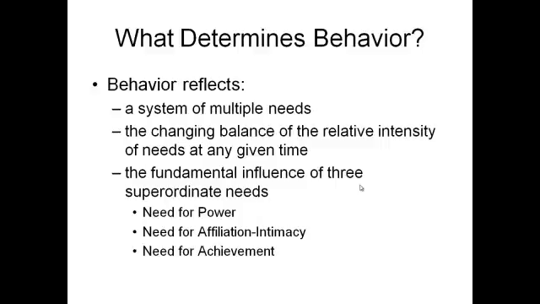So, for example, if your need for achievement may be highest at this moment, it's going to predict your behavior to do things that will satisfy that. In another part of time, you might have your need for intimacy being most prominent. So this changing balance changes all the time. But anyway, these three basic needs, which are power, affiliation or intimacy, and achievement, really play a big role in influencing our behavior, in the way they either work together or separately in terms of influencing us.